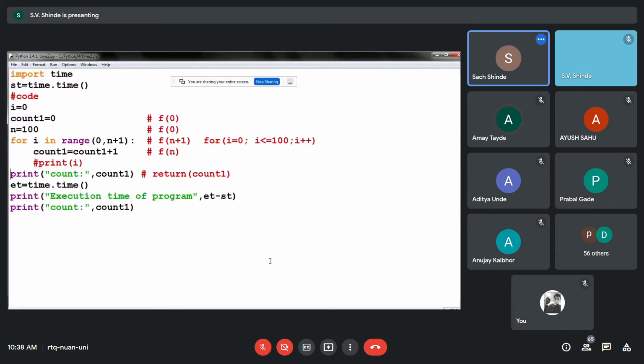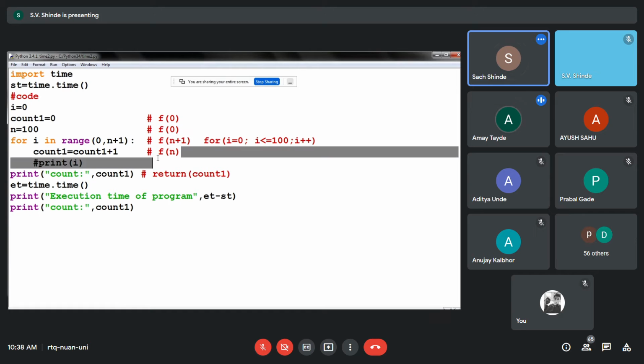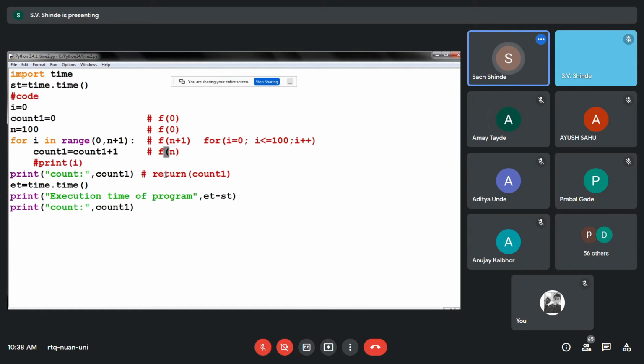Over here we estimate the frequencies. It was n+1 here, and finally here it is f of n. So calculating the total, let's check what it is.